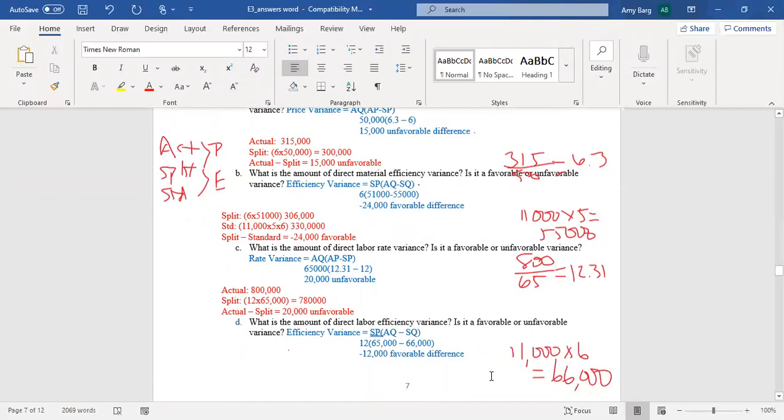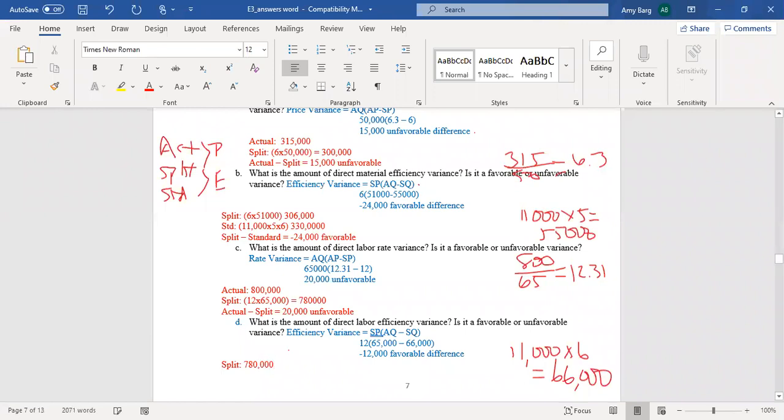And if we want to do it for the efficiency variance, we can still do that. So we want the split cost, and for the labor, the split cost is exactly the same as it is for the direct labor rate variance. For the materials variance, they're probably going to be different, but for the labor, the split cost will be the same. So we just figured out the split cost. We know that that is